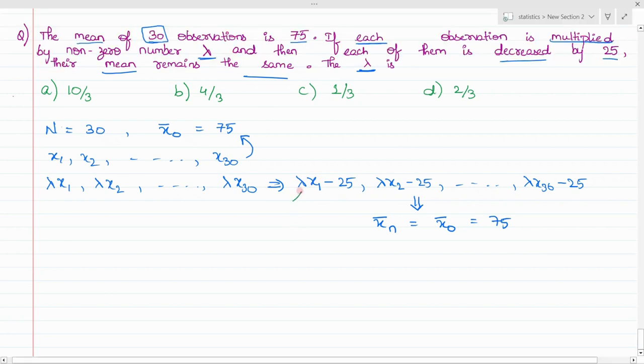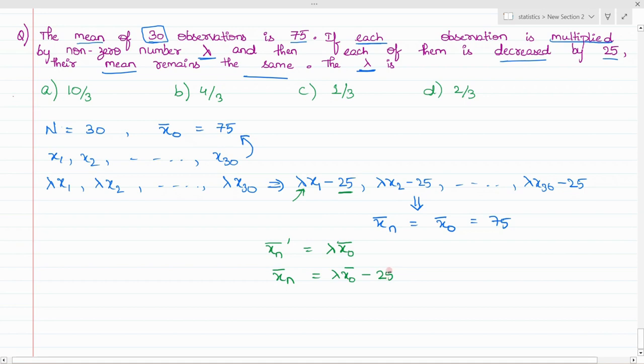So what happens when we multiply by a constant? How does the mean change? The mean changes as lambda times the old mean. And we are also decreasing by 25, which is again a constant. So the new mean will be lambda x naught, the original mean, minus